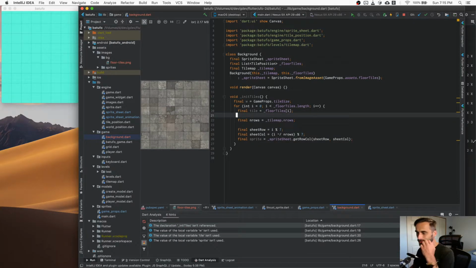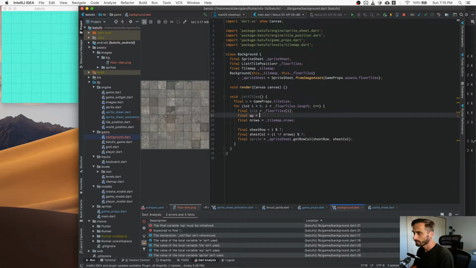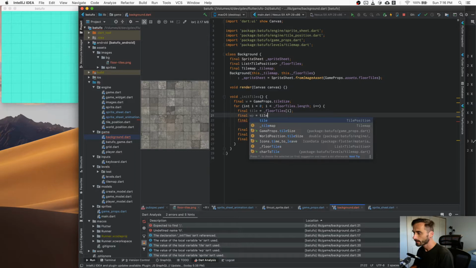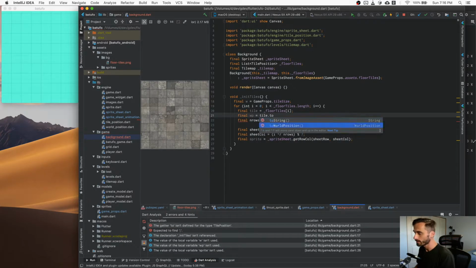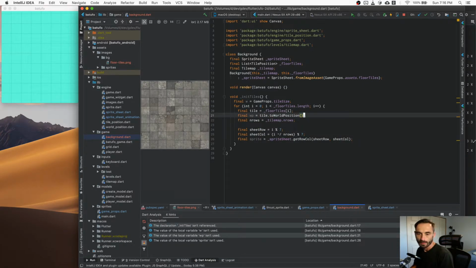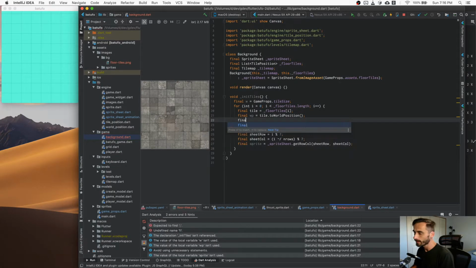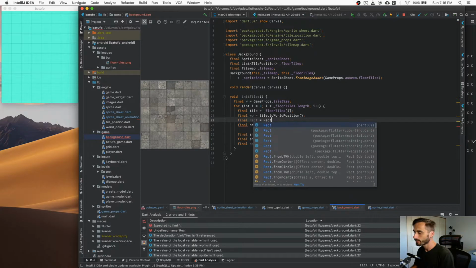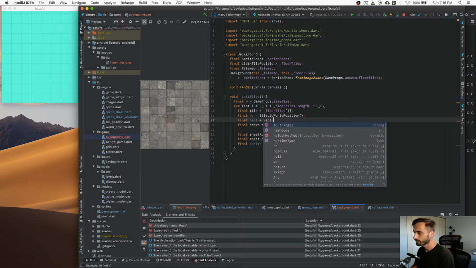There's a lot going on here, so that's why, to make sure we don't lose track here. Now the world position, we need to figure out the world position. We got the tile, so that's the tile position. Then we need to figure out what the world position is, right? Tile dot to world position. Okay, so we got that. All right. Now we create a rect from that. It is basically rect dot from,